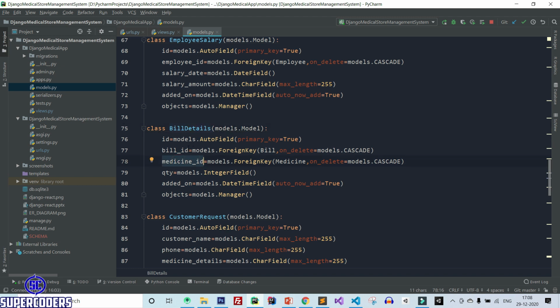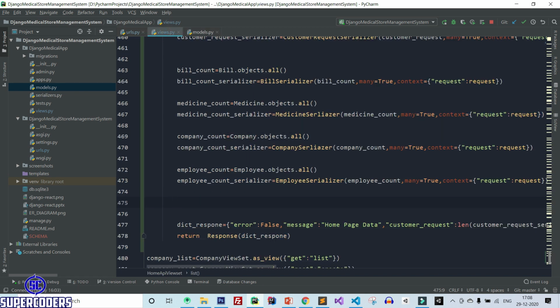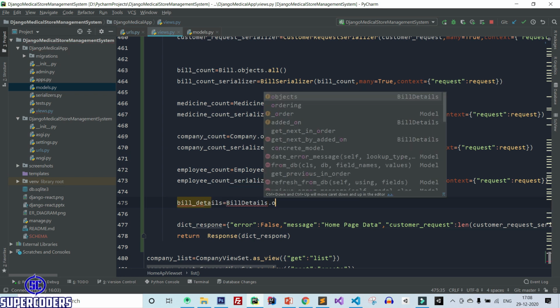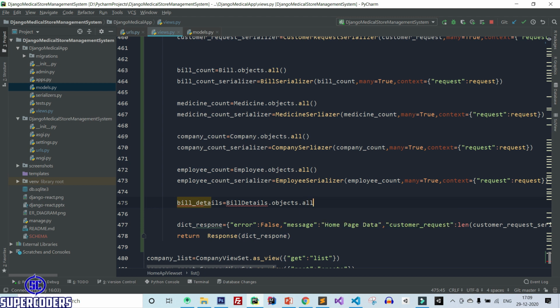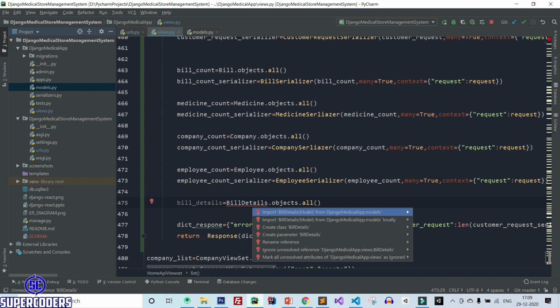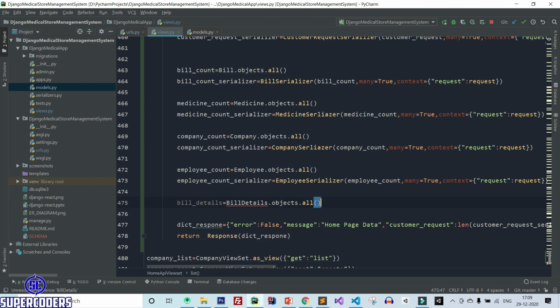So you can access the medicine ID complete. Copy bill details and come to views. So bill details equal to bill details dot objects dot all. After that, import bill details by clicking add plus enter, import bill details.